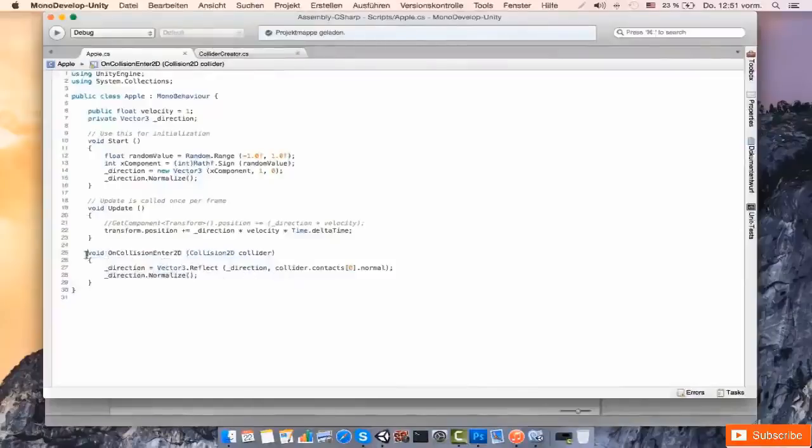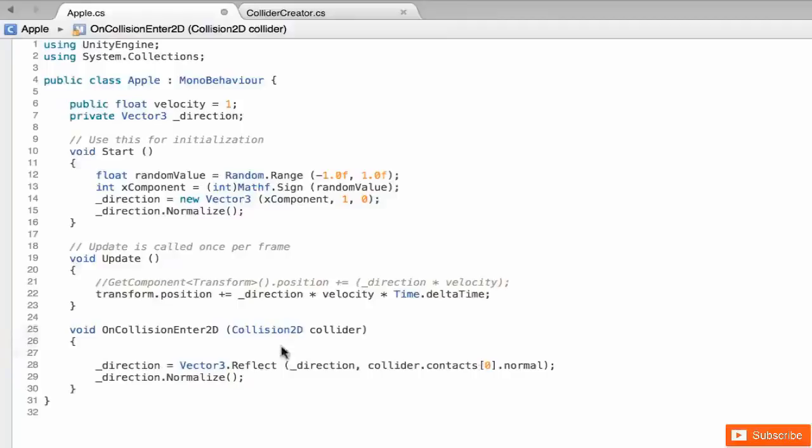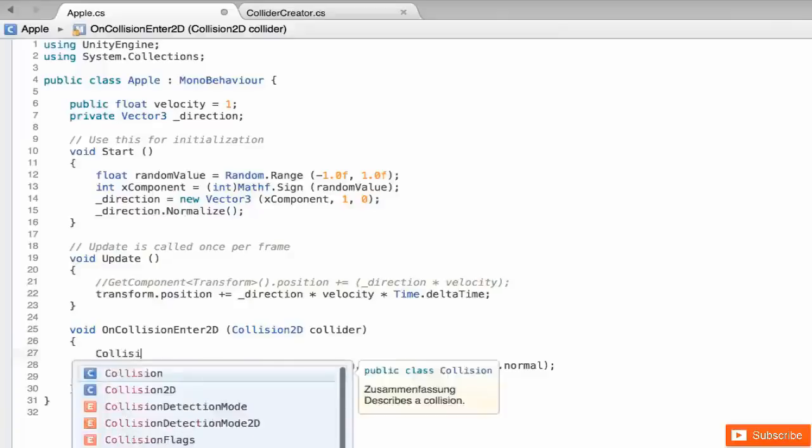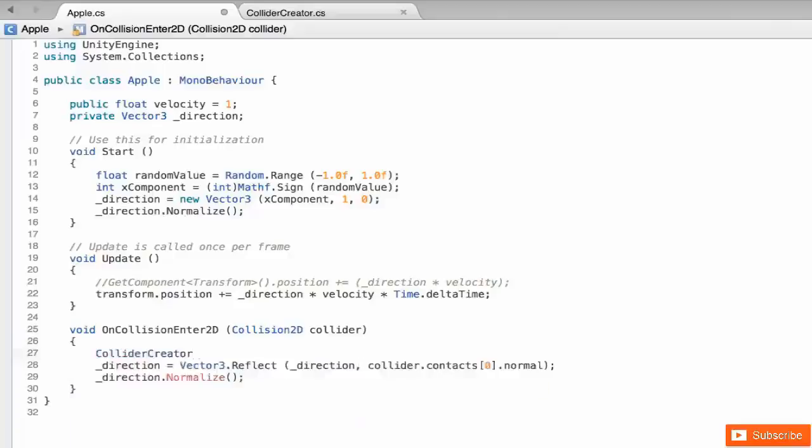And inside this function, what I need to do is try to grab a reference for either the collider creator or the platform, and I can check if they are null. What we need to do first, before we do any reflections, is try to get a reference for the collider creator and the platform. So I'm going to try to get a reference for the actual collider creator, I think. Here it is. So I'm going to call it